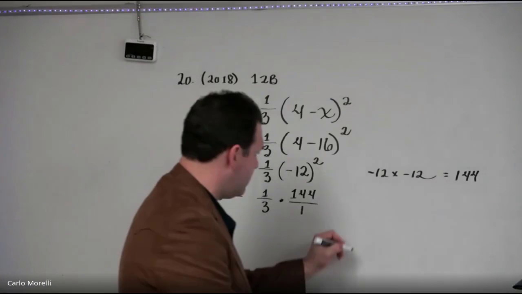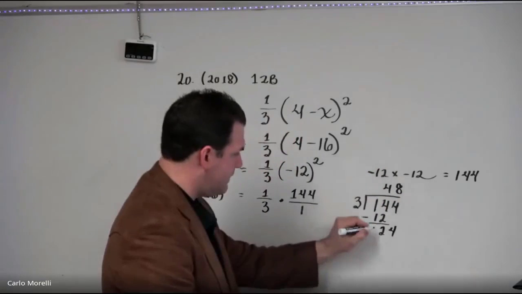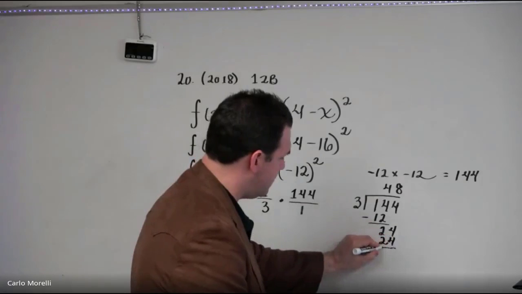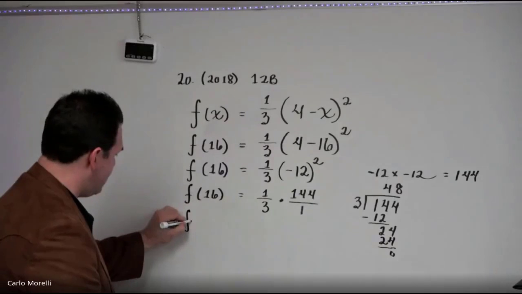So over in side work, there's a lot of ways to do this, but the easiest way is just long division. We're going to put a 3 here. How many times will 3 go into 1? It won't. 3 goes into 14 4 times. 4 times 3 is 12. Subtract 12 from 14, you get 2. You bring down the 4. 3 goes into 24 8 times. 8 times 3 is 24. There is no remainder. So the quotient is this whole number, 48. So that's f of 16